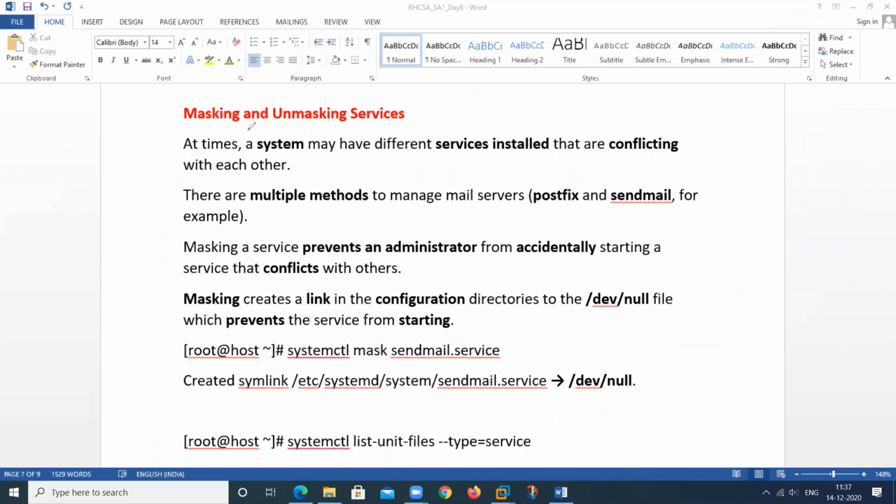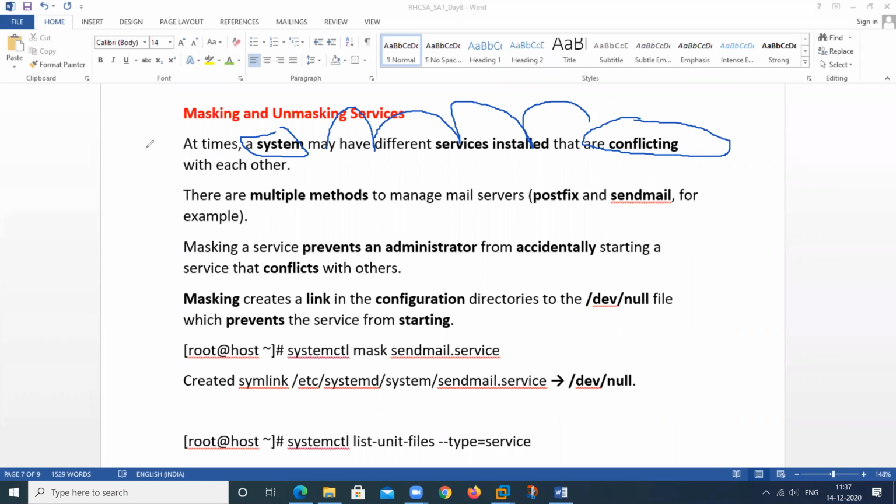See here, a system may have different services installed that can conflict with each other. If more services are available in your system and all the services do the same work, you can stop one service permanently, so that it cannot start automatically or manually.